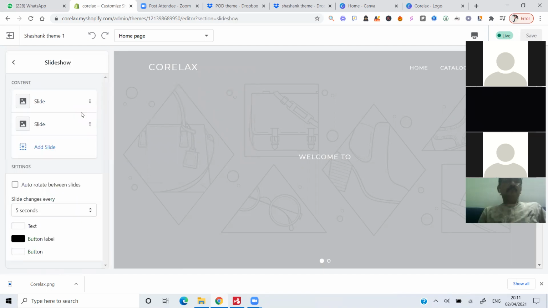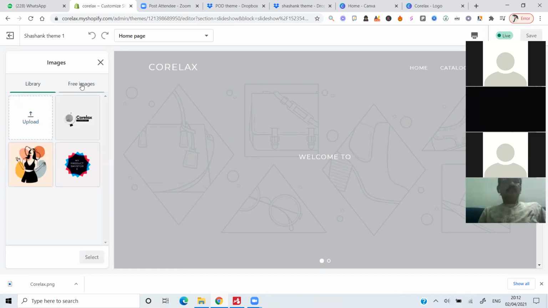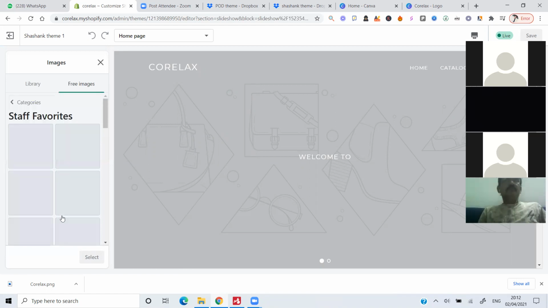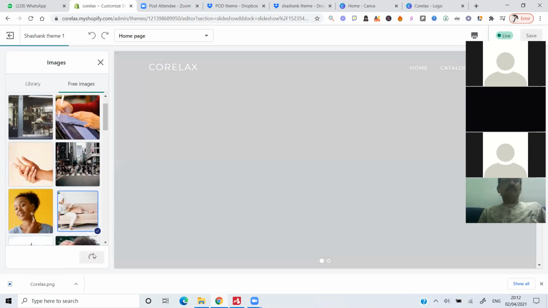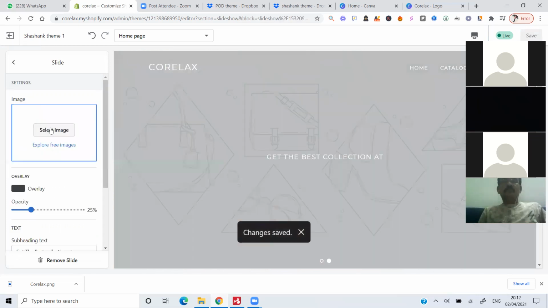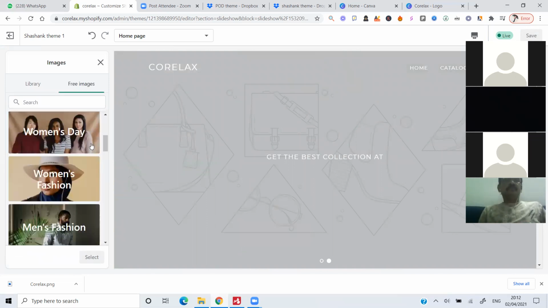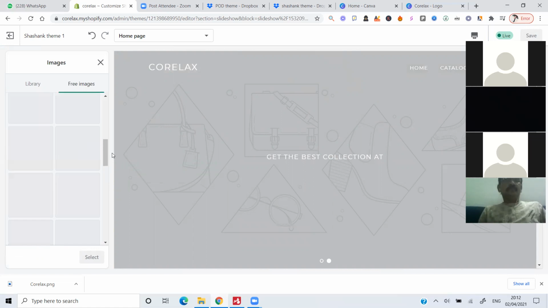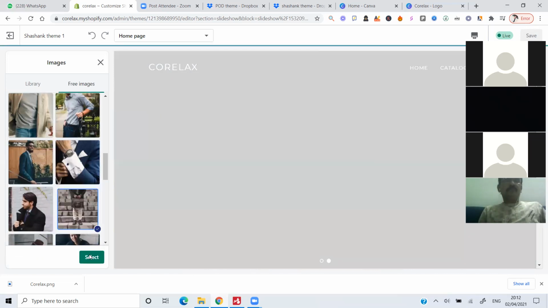If you have slideshows, if you wanted to showcase some slides, just click on this. Select the image. You have many free images here. Use any image of your choice, but don't forget to save it here anyways. Go back again, click on this, select image, free images. Men's fashion. Let me add some related to men's fashion as well. Nice, images are uploaded already. Okay, so selected that.